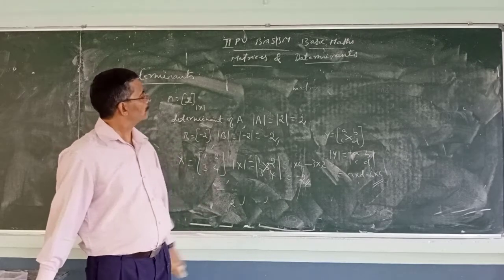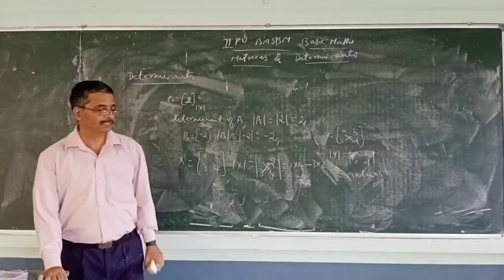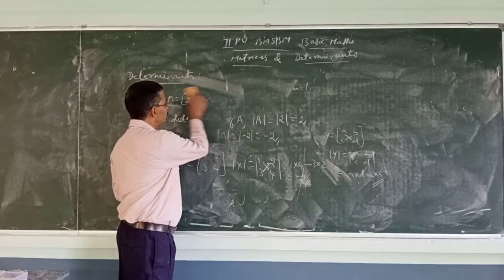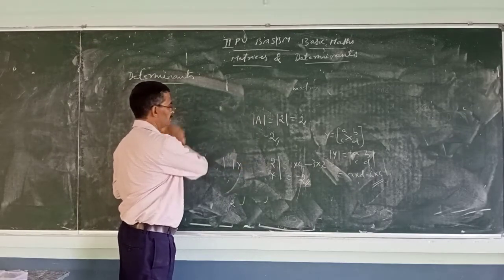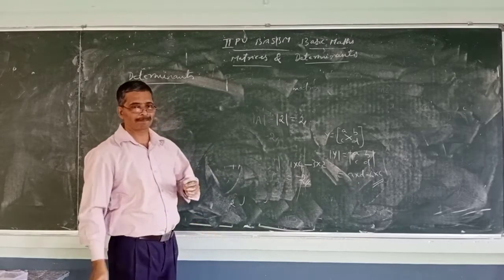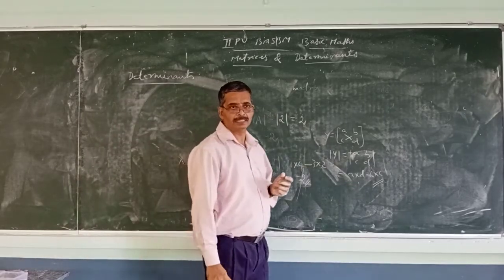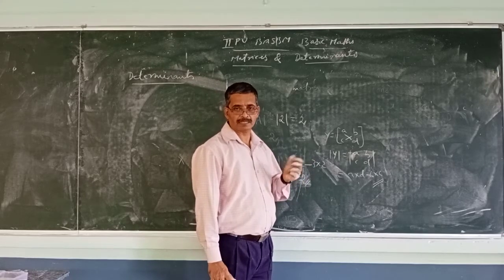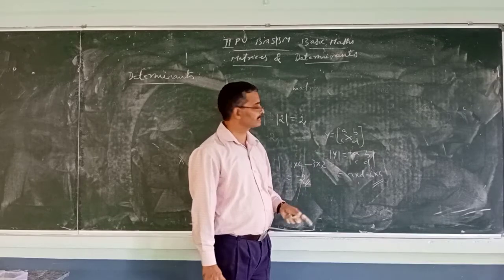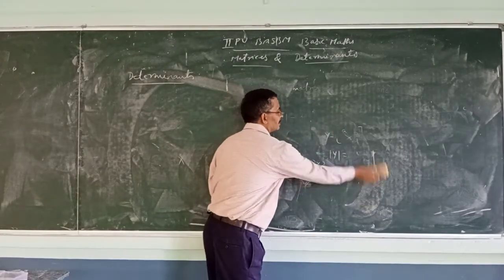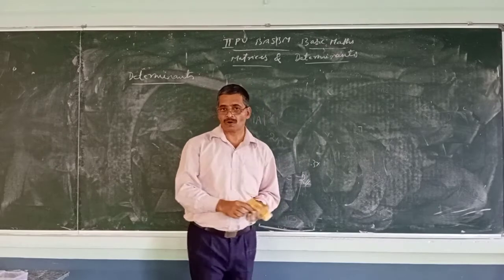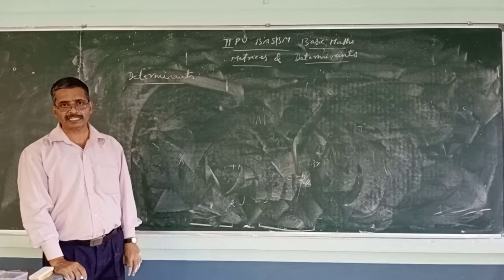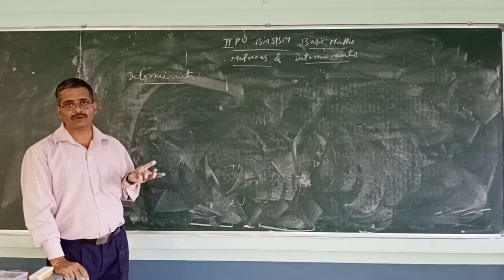Next I will give an example of order 3. Now for order 3, actually it is a combination of order 2. Order 1 is direct, the same element. Order 2 means you have seen now how it is multiplied and subtracted. Order 3 is written as a combination of order 2.